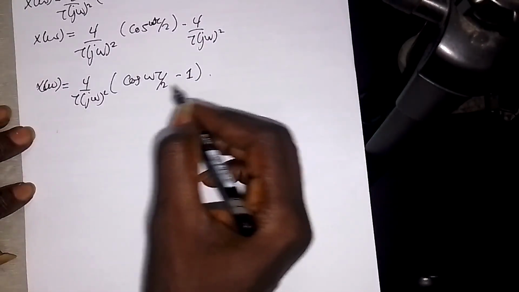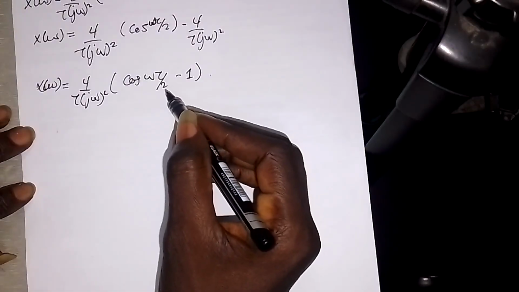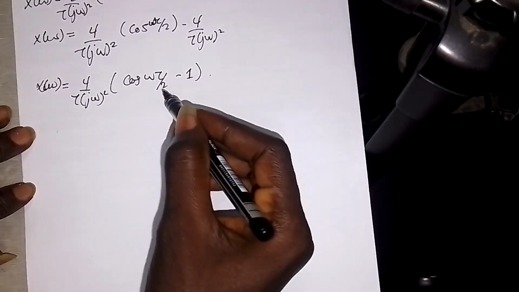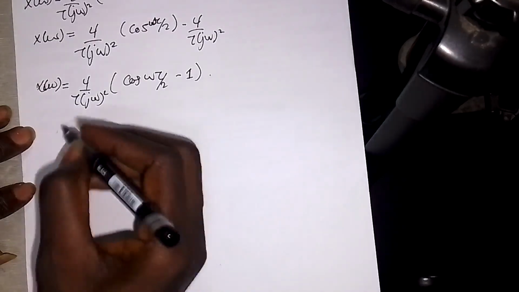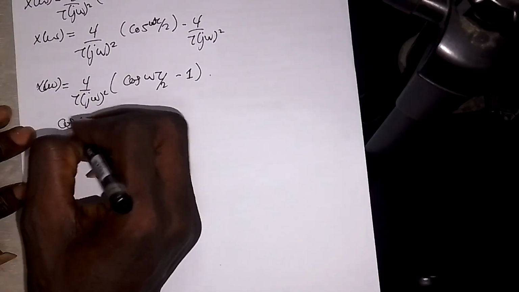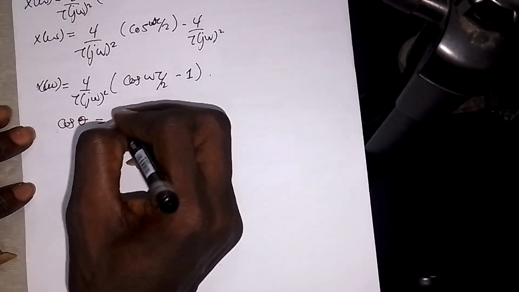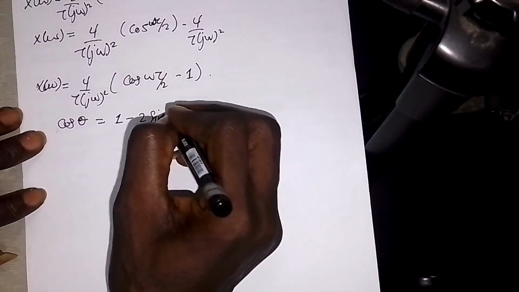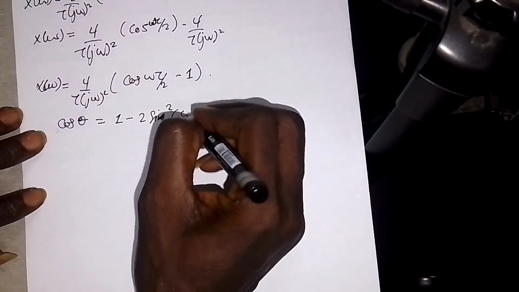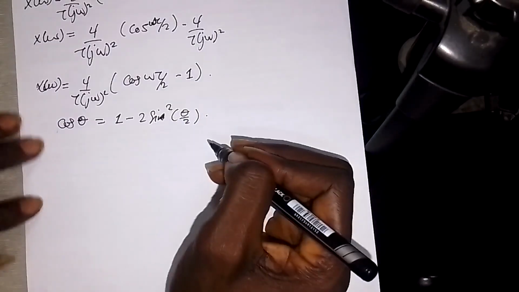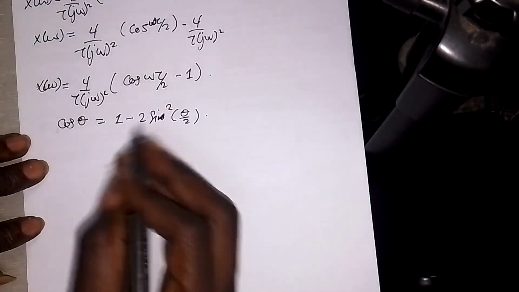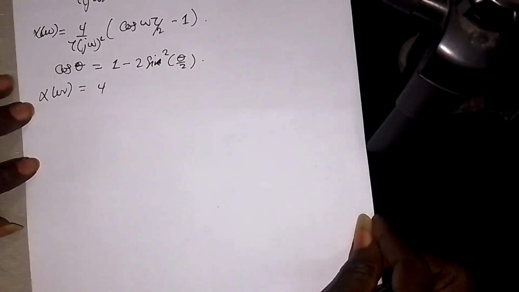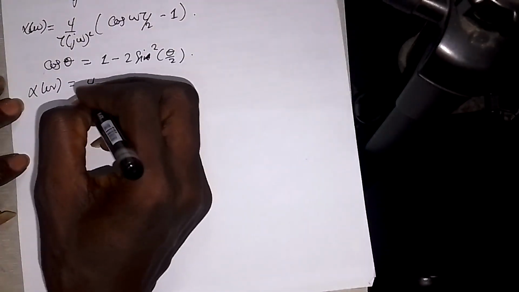But if you have this expression, it can be simplified further in terms of trig, because we know that cos theta is equal to 1 minus 2 sine squared of theta on 2. So I can put this one here, and then it will become 4 on